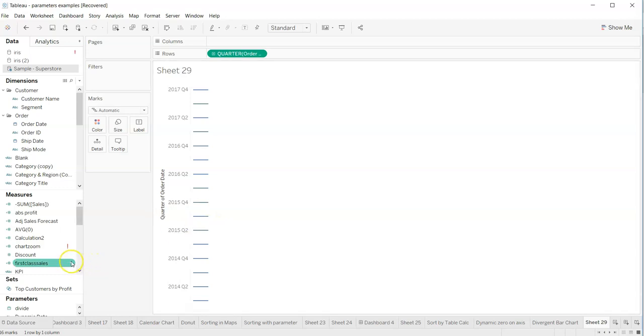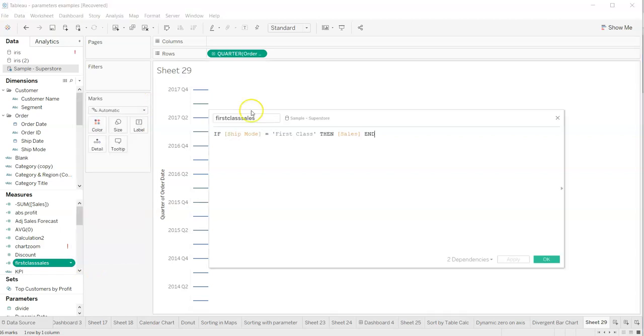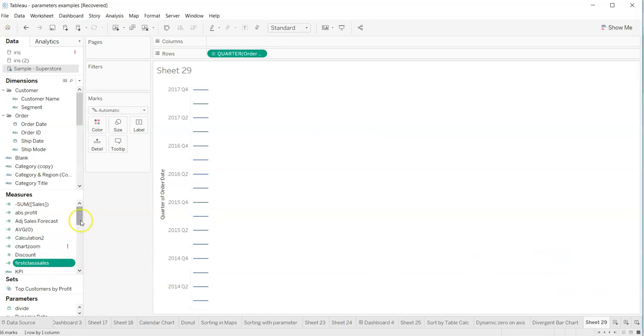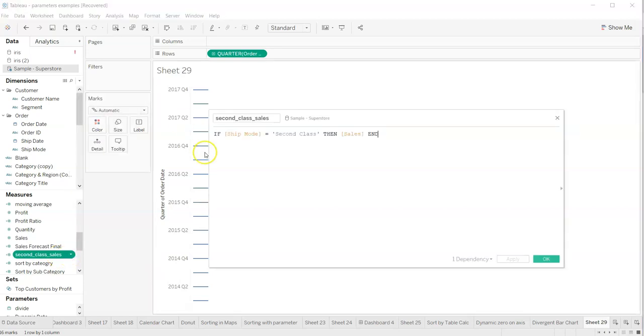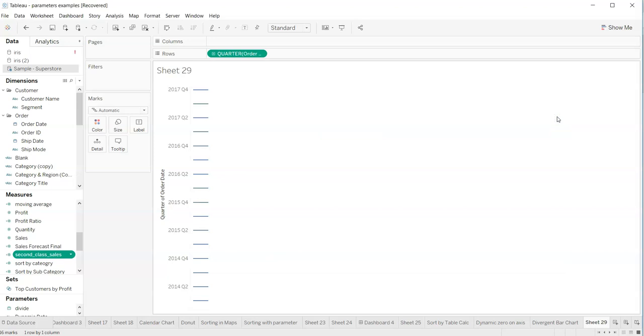So what I've done is I have created a calculated field. If I go into edit, I have given it a name, first class sales, with a simple if condition. If ship mode is first class, then give me the sales, and once I click OK, it will create a calculated measure for you. Then I have a second class sales. If I go in edit, it's again the very same. If ship mode is second class, then sales. Alright, so it will bifurcate the sales for me